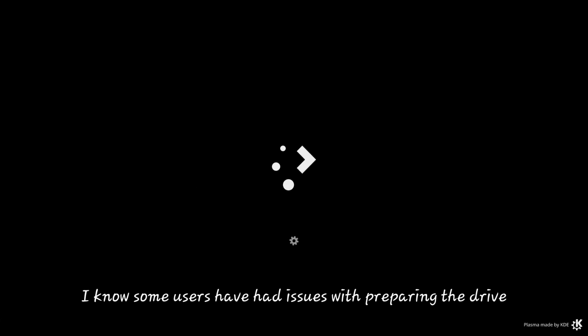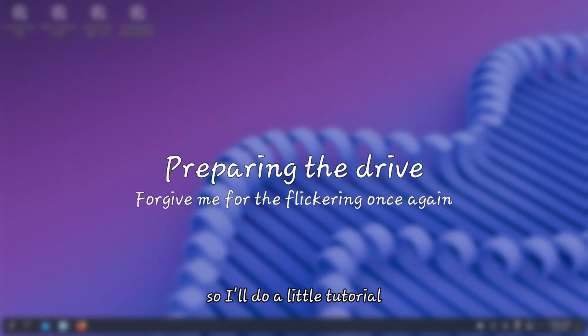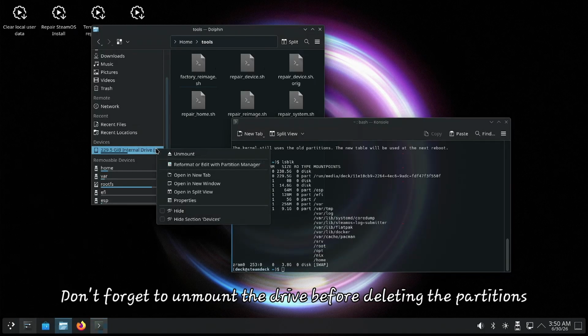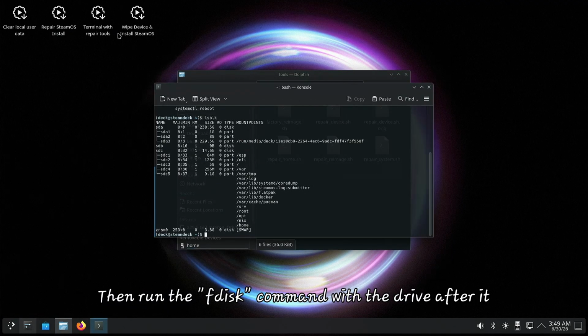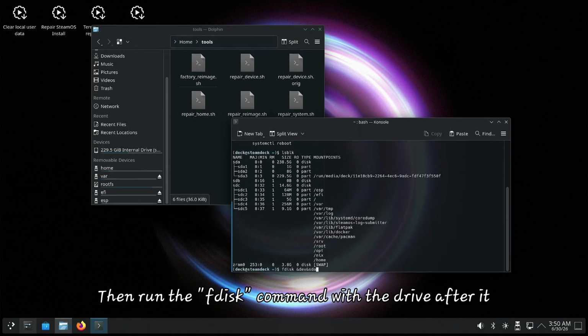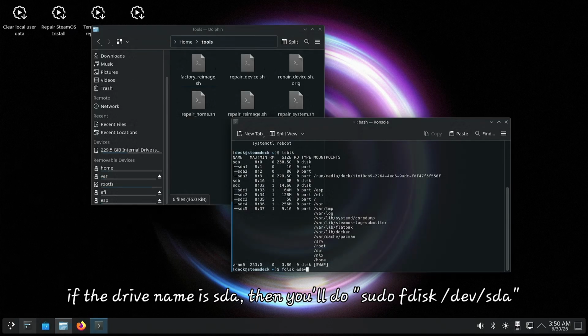I know some users have had issues with preparing the drive, so I'll do a little tutorial. Don't forget to unmount the drive before deleting the partitions. Open the terminal and run lsblk to detect the drive you want to use. Then, run the fdisk command with the drive after it. If the drive name is sda, then you'll do sudo